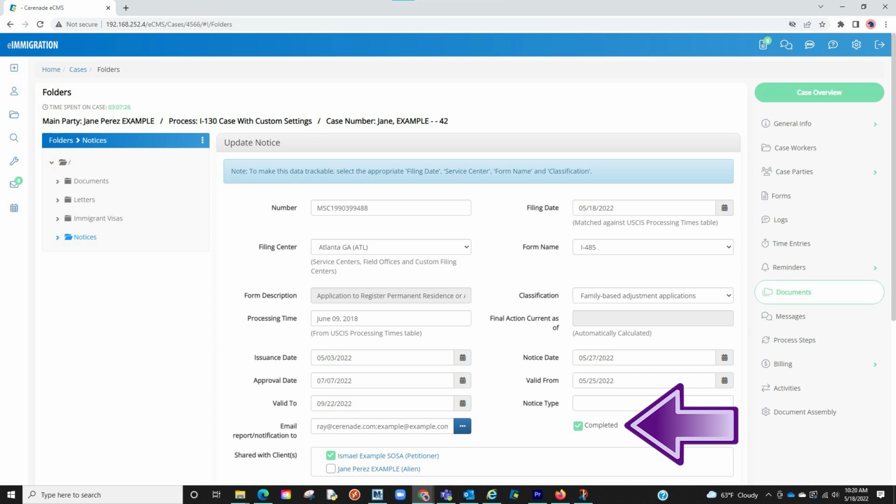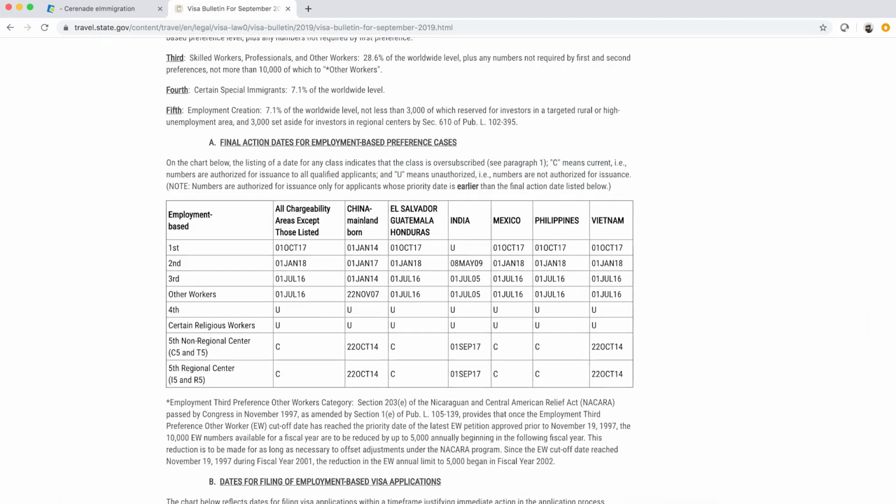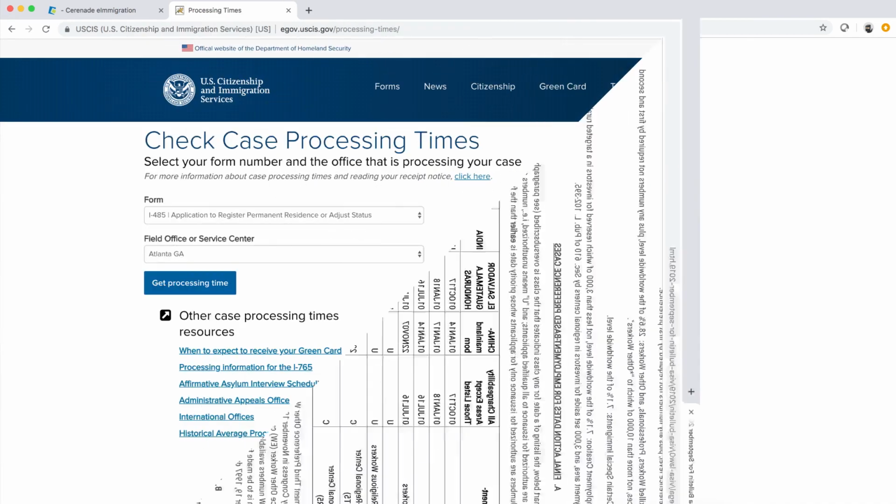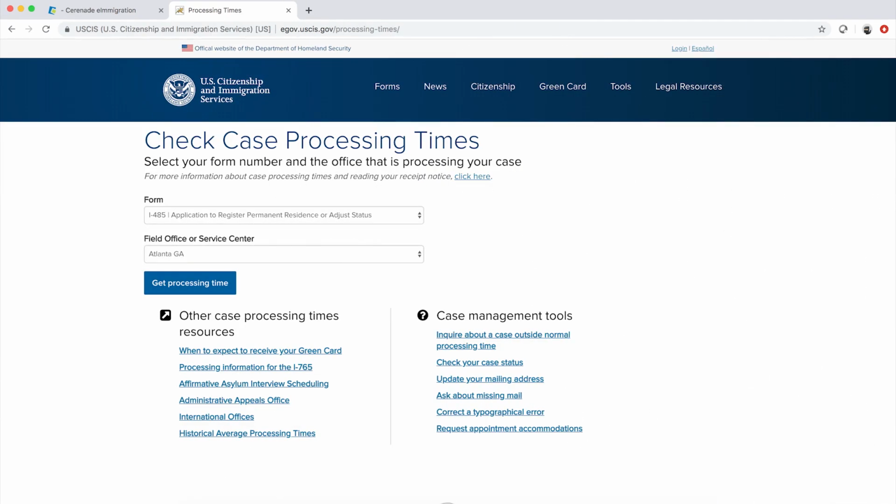By hitting Complete, it's like you telling the system the case is done and there is no need to keep tracking these dates. Something to keep in mind, this Times Tracker feature is directly linked with the Visa Bulletin and the Processing Times table linked with the USCIS, meaning it will show exact locations, exact forms, and exact times according to what's on there. But what if you receive a notice from a different location, not on the Processing Times